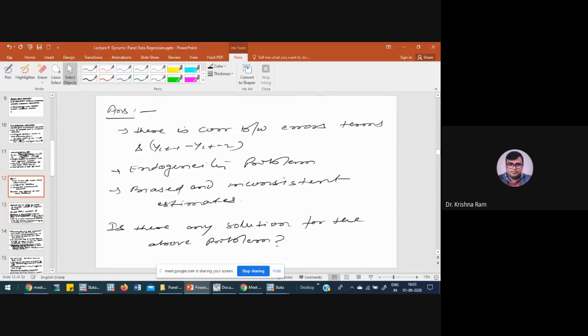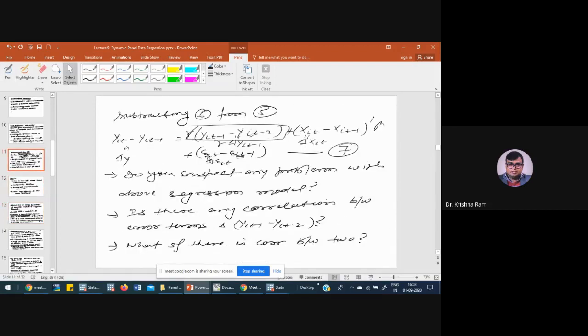Why is it so? Again, go back to the previous one. Epsilon it is related with y it, and epsilon it minus 1 is related with y it minus 1. So if we take y it minus 2 as an instrument, then y it minus 2 is related with epsilon it minus 2, but not related with epsilon it and epsilon it minus 1. And because of this reason,